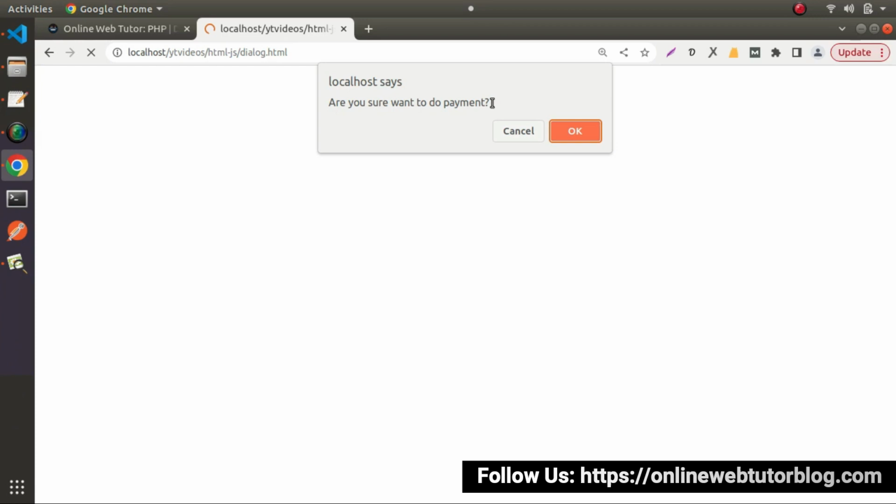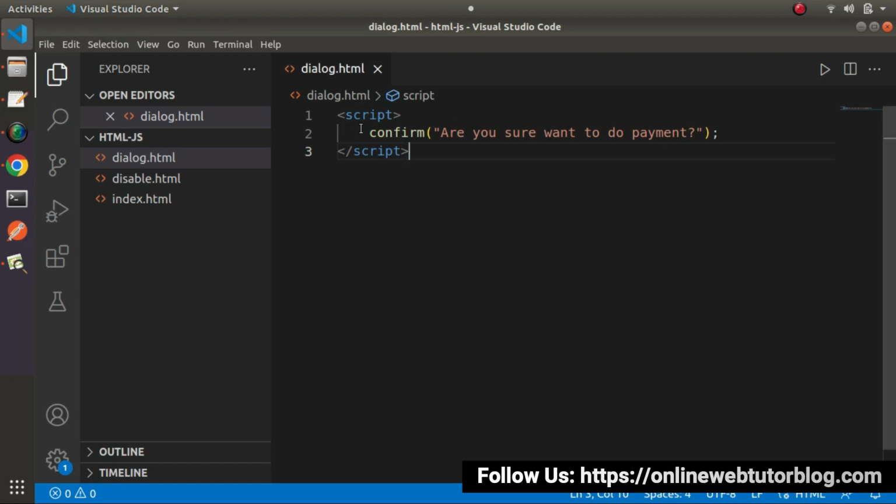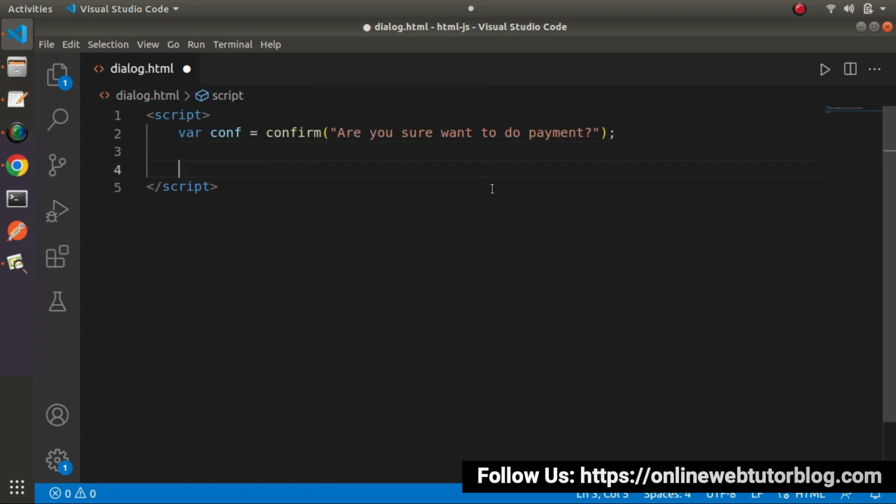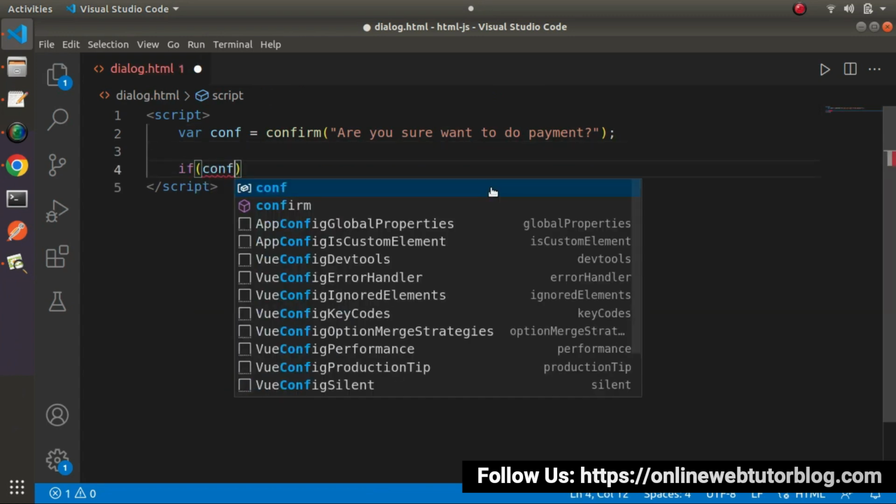It is a subtype of confirmation and it is showing two buttons. First is cancel and second is the OK button. If we press the OK button, then it will return the true value, and if we press the cancel button, then it will return the false value. Let's go here. I will store the boolean value inside a variable. Let's say conf equals to, and let's write if conf,